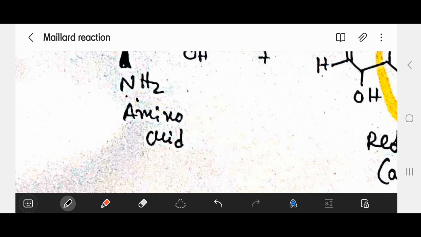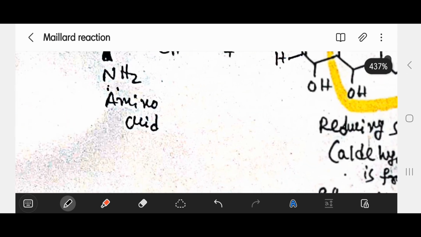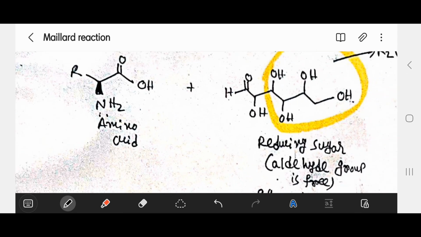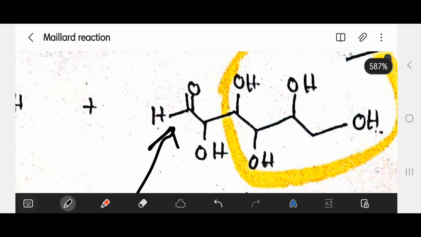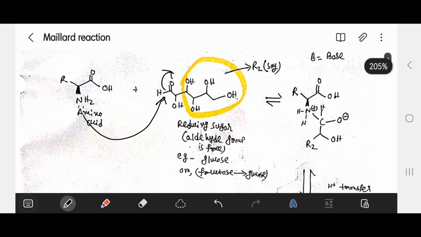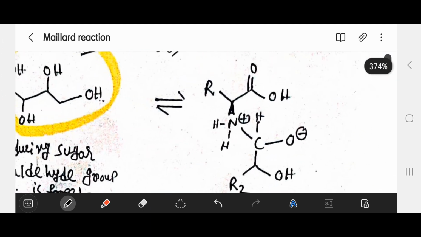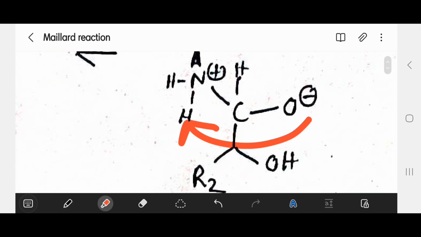We have nitrogen, the amine group of the amino acid. It has 2 free electrons. It acts as a nucleophilic site, and it attacks the carbon-oxygen double bond of the reducing sugar, which is the electrophilic site, and this bond opens up and we get this intermediate. Now there is a positive charge on nitrogen. Nitrogen, which is an electronegative element, doesn't like a positive charge on it, so the oxygen will take this proton,